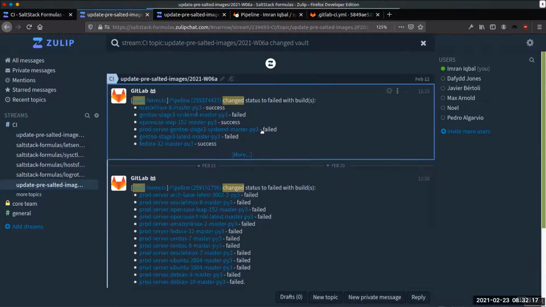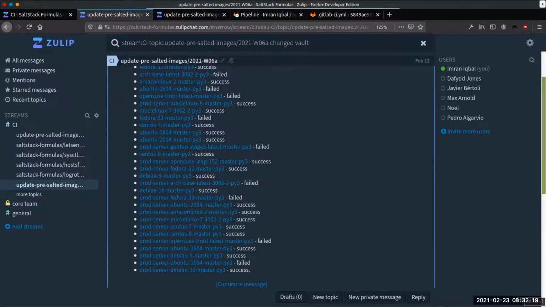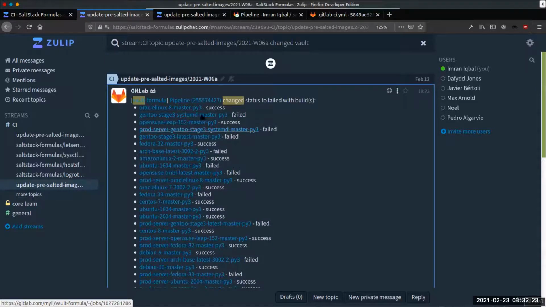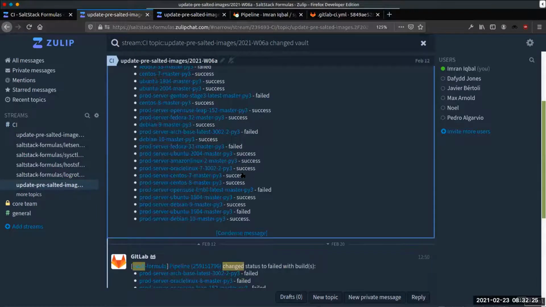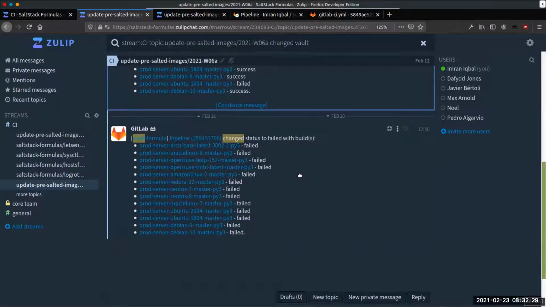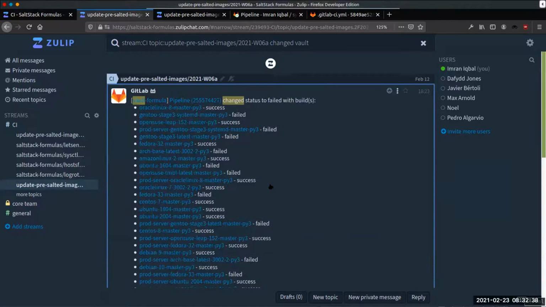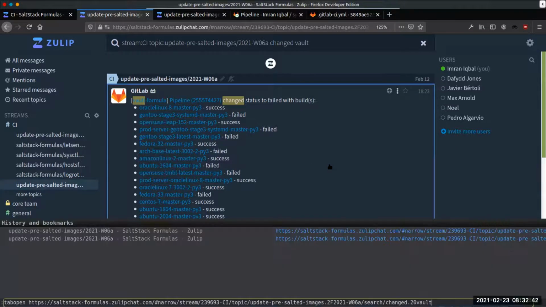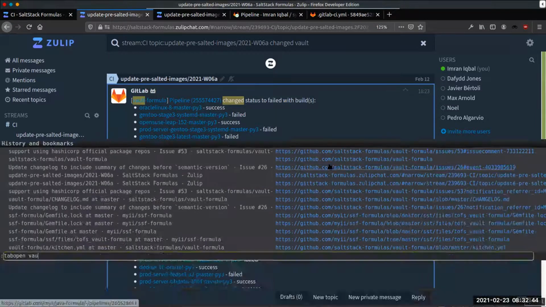And it's showing the results across the various suites and each platform, and which ones were passing and failing, and then using that to fix the matrix that we were using for the Vault formula and updating it to use every platform that it works for. So yeah, is that clear enough? So if I go to the Vault formula,